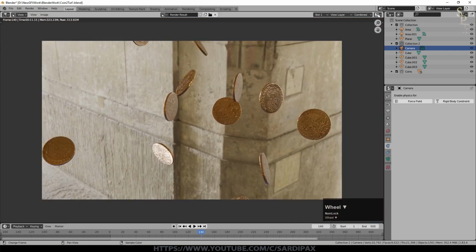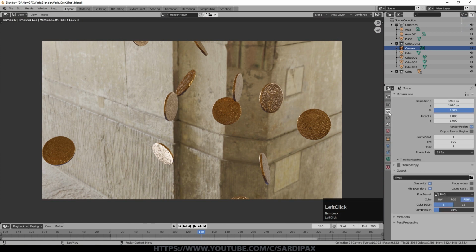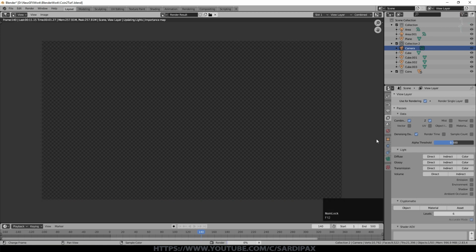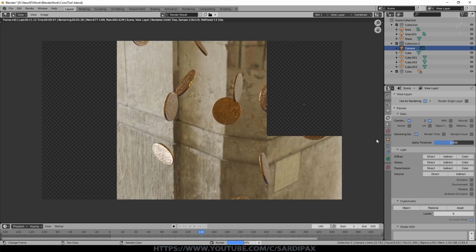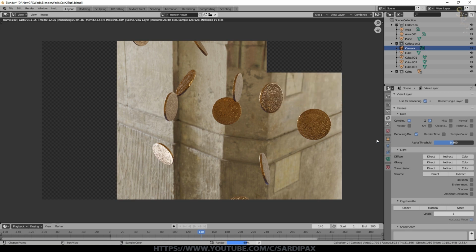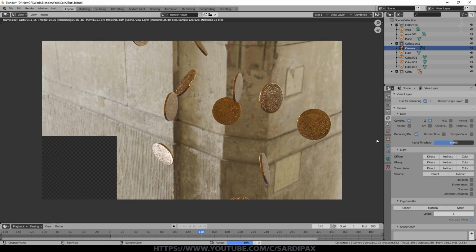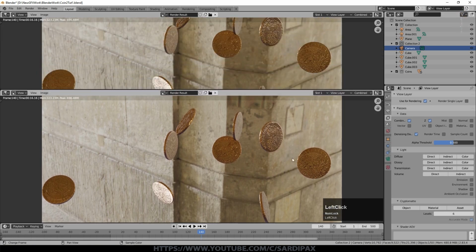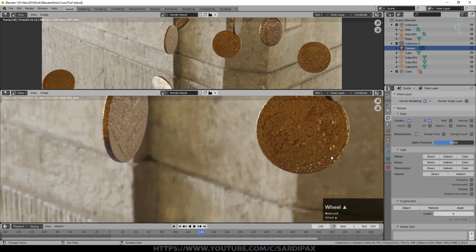What we can do to improve that is under the render settings, make sure we render denoise data. And now we'll need to re-render again. It won't look any different initially. And of course one of the issues is you can get rid of noise to a certain extent by rendering more samples, but of course that takes longer, and then if you're creating an animation, that adds up with all the different frames that you're creating. So there's our image. As I said, it's not actually too bad.